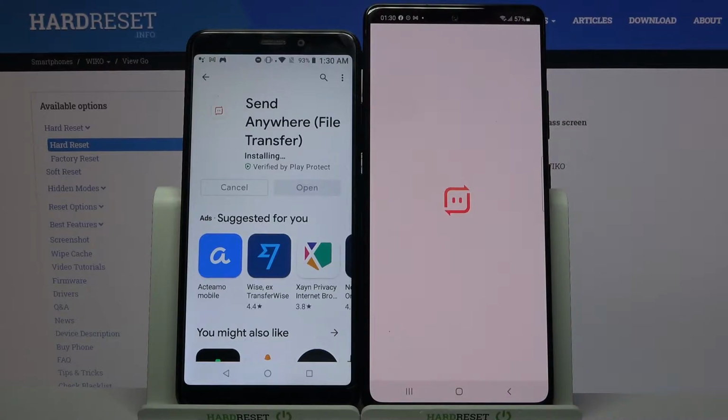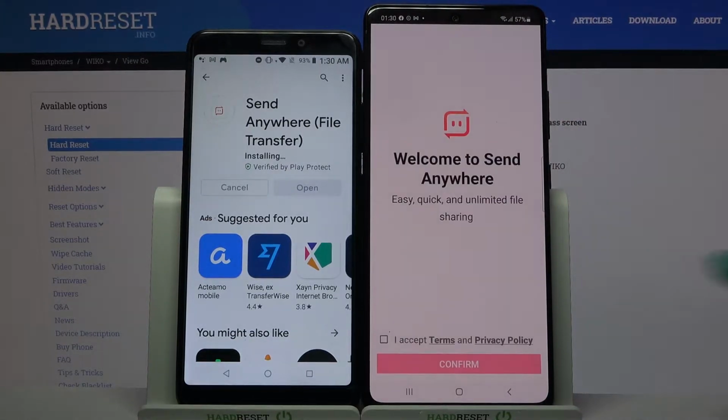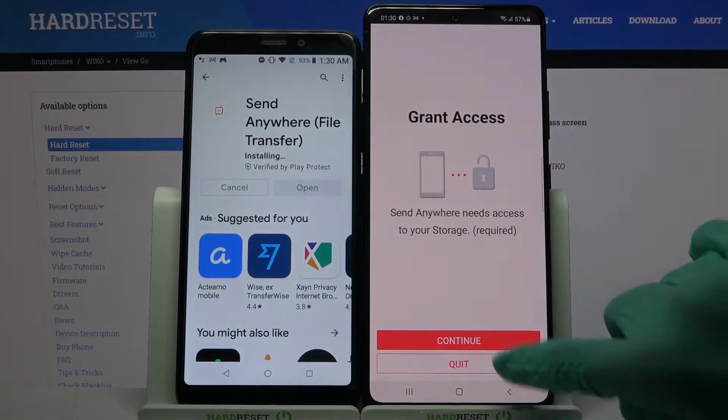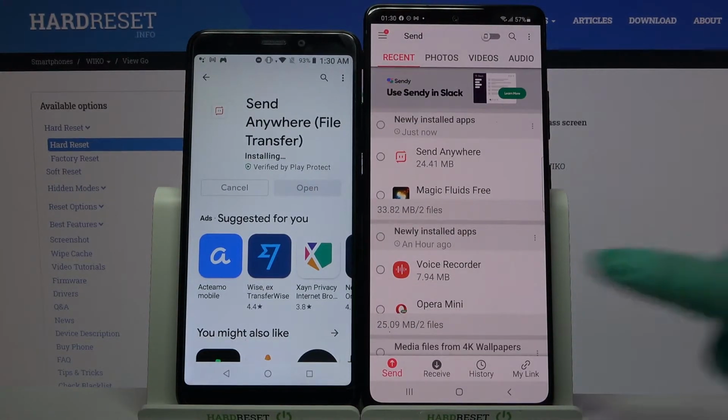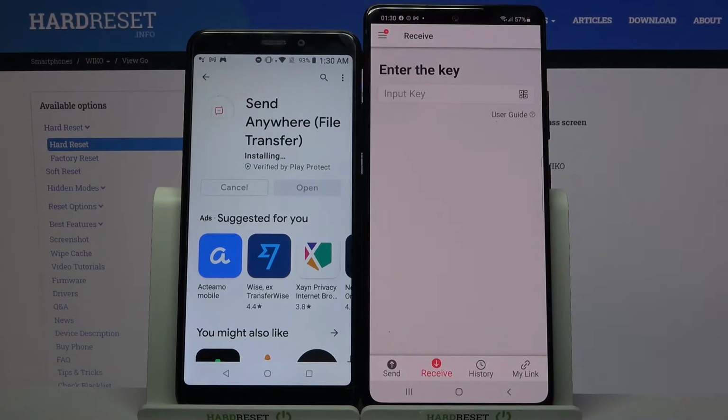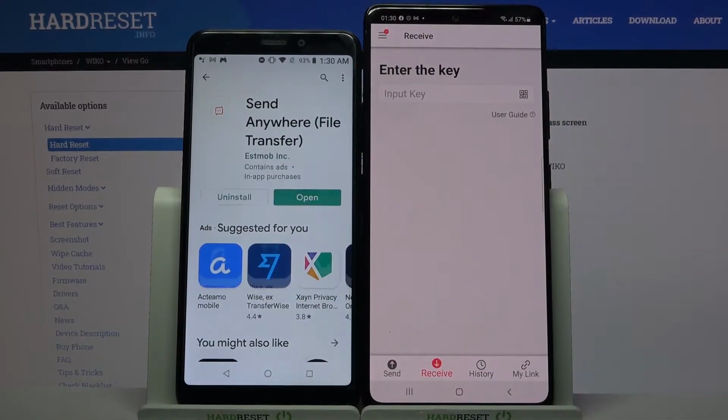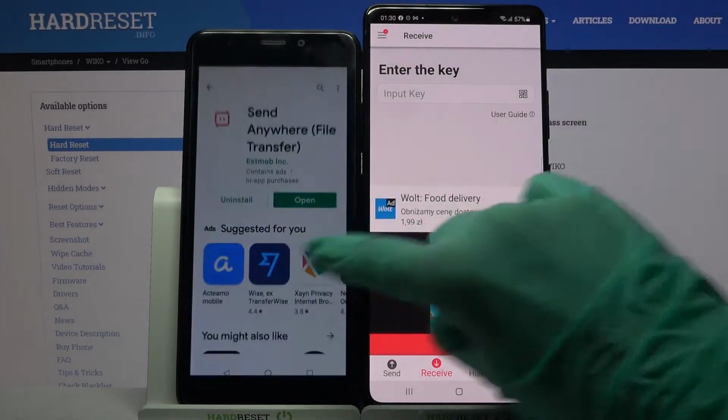Now open it. Click I accept, choose Confirm, Continue and Allow. You need to go with Receive on Samsung, and now we have to wait for this one to download, so we can open it